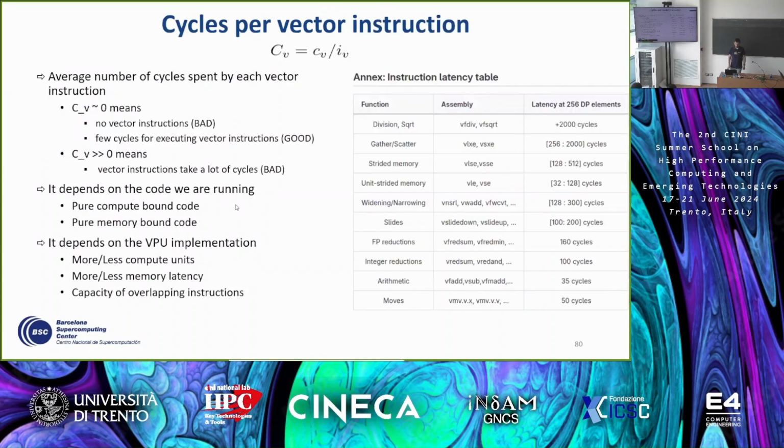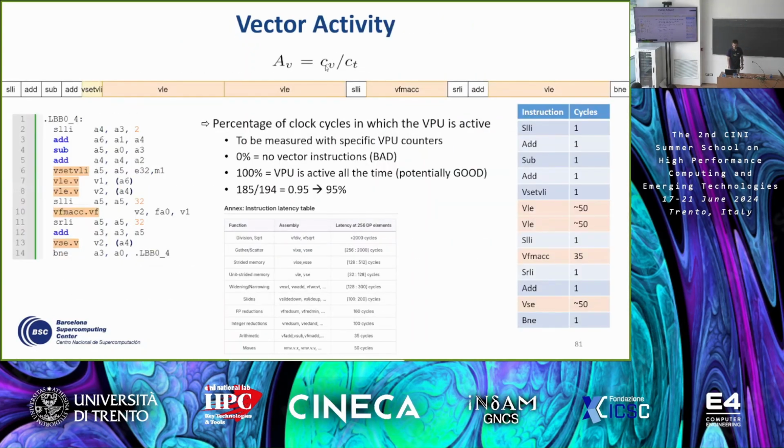To look into the cycles, you can look at the cycles spent in the vector unit divided by the total. This is cycles of vector instructions divided by total cycles. So you can imagine that here you have your assembly, and here you have the time going from left to right. You have the scalar instructions that are white, and the vector ones that are orange or yellowish,